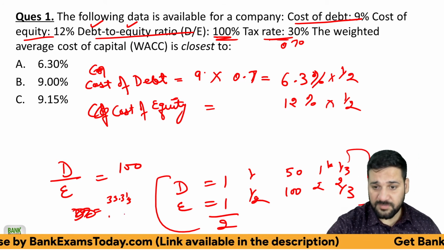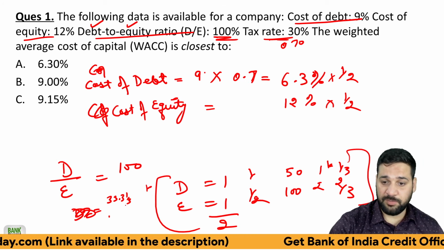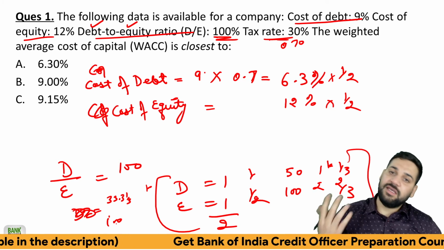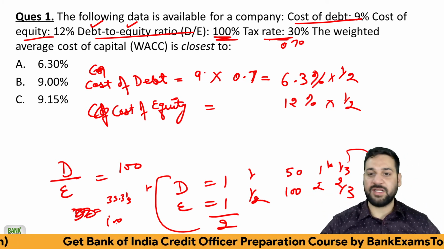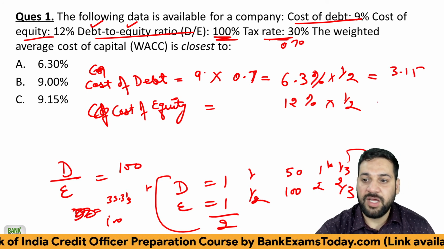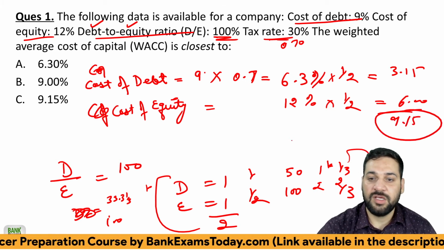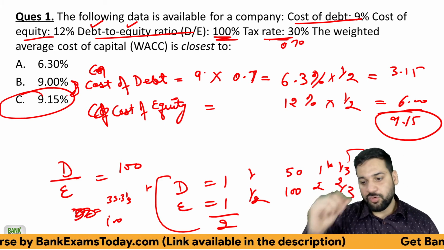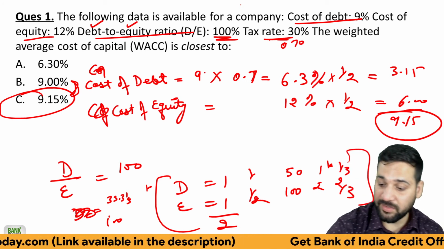देन व्हाट, तब क्या होगा, डेट इज 1/3, ओके, डेट इज 33.33%, इक्विटी इज 100, नाउ यू कैन कैलकुलेट योर सेल्फ, इसीलिए कैलकुलेटर्स हैं, नाउ यू कैन यूज योर कैलकुलेटर्स टू फाइंड द आंसर्स, ठीक है। सो 6.3%, सो 3.15, ये तो सिंपल सिंपल 6 हो गया, तो 9.15% जो है योर आंसर्स। नाउ यू कैन गिव इट अ लुक, ऑप्शंस आर क्वाइट क्लोज, जो ऑप्शंस है वो काफी क्लोज हैं। व्हाई दे आर क्लोज, बिकॉज कैलकुलेटर्स आर अलाउड हैं,